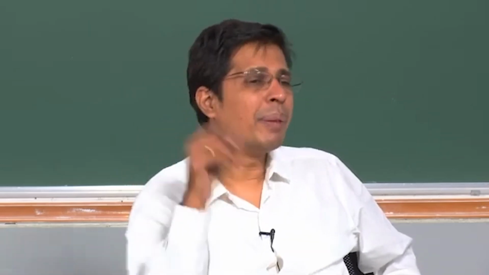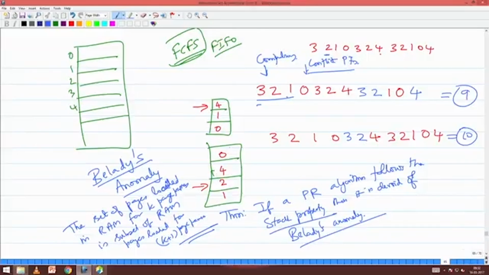Okay. Why will Belady's anomaly not happen? If Belady's anomaly happens, how do you argue this proof? Let us come to the proof later, but let me show here. Initially 3 alone was there, then 3 2, then 3 2 1, then 0 2 1, 0 3 1, then 0 3 2, then 4 3 2, 4 3 2, 4 3 2,